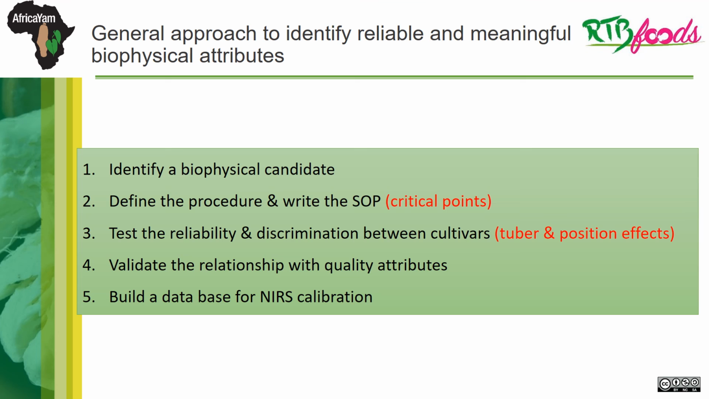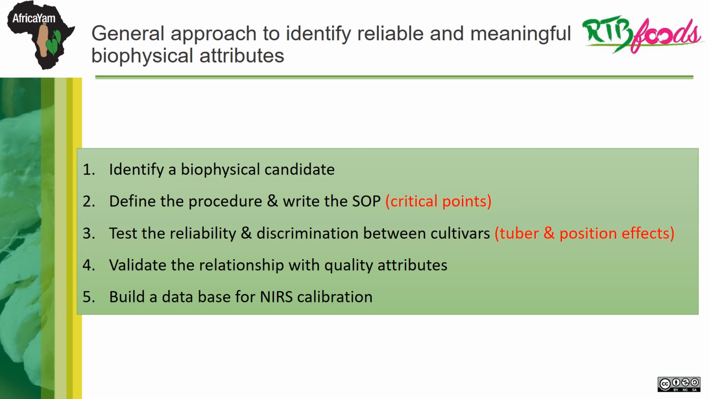Okay, so these were 2 examples on how to define reliable and meaningful biophysical attributes. So I just want to summarize this again. You have a first step to identify biophysical candidates, then to define the procedure and to write the SOP and to really take into account the critical points of the SOP. Then test the reliability and discrimination between cultivars, and we saw with these 2 examples on water content and pectin